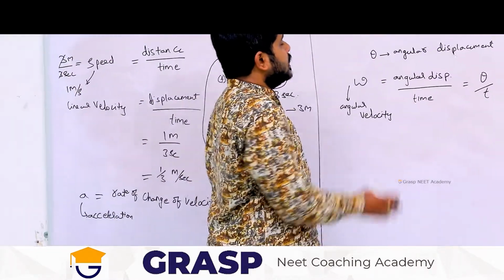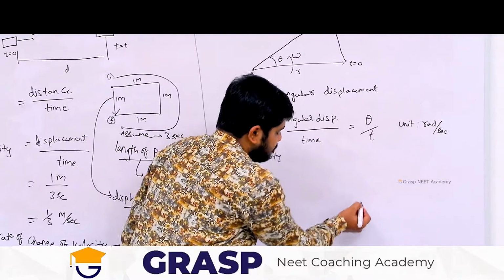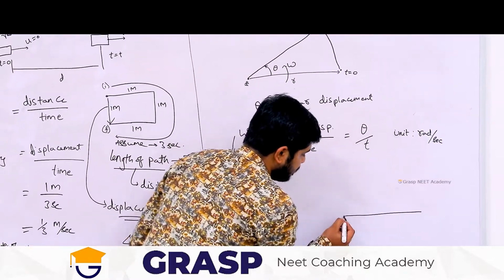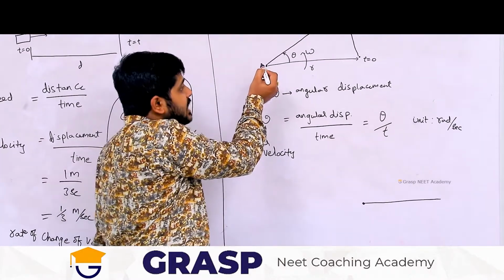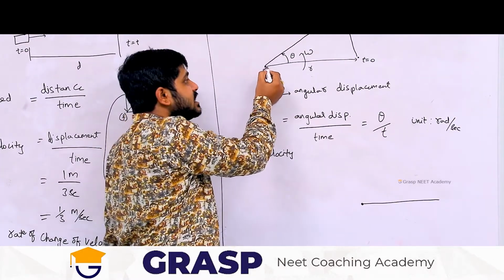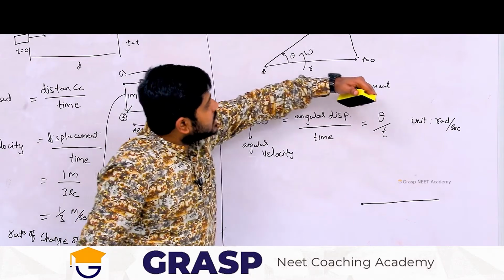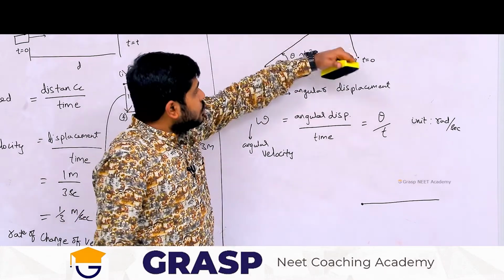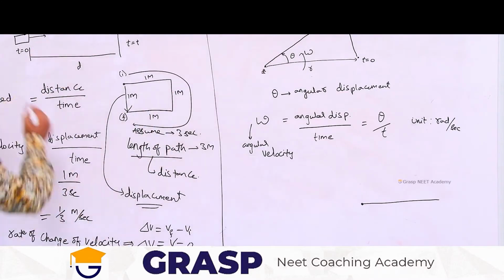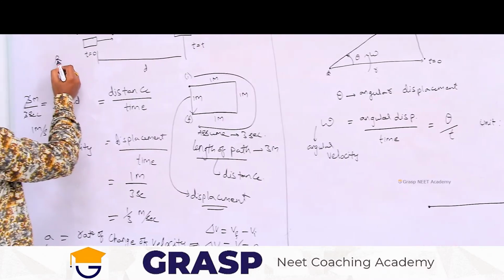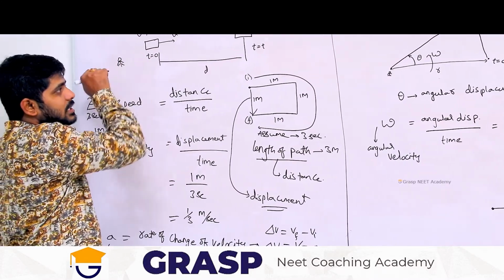Then in rotation, with respect to this axis, the observer is seeing from this position, and the particle is rotated like this. So, that we consider as rotational motion. With respect to the observer, the particle